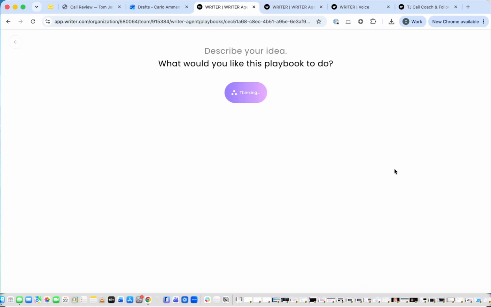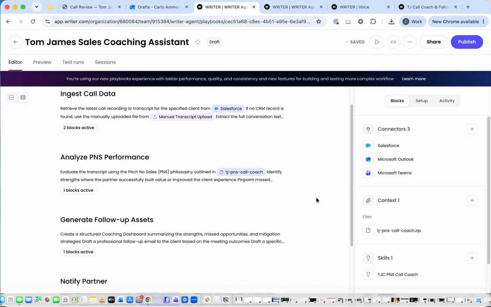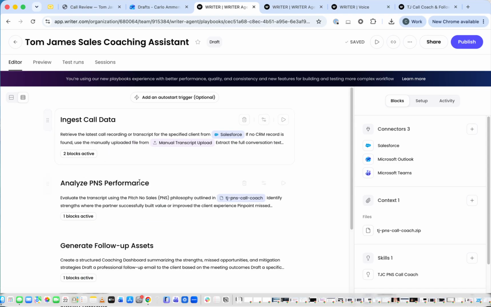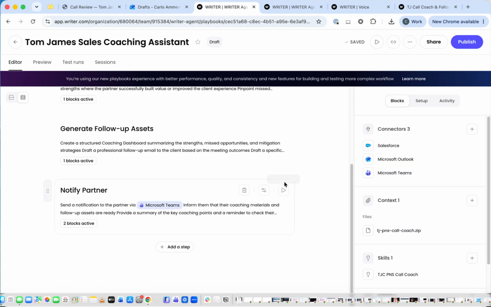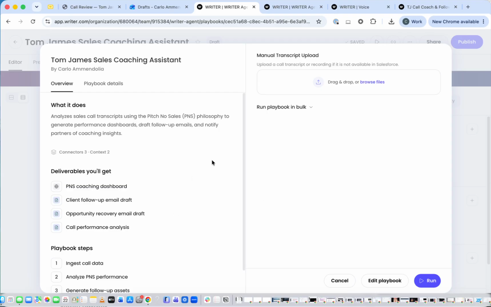So I describe the business outcome. If you can describe the outcome you're looking to create an agent around, Writer is going to handle the first draft of what the plan looks like, or the system prompt to make it all happen. So this is what Yassine showed you on some of those demos, right? And then it gives you the steps. I can go in here and edit any one of these, move them around, add things on. This is what the interface would look like to run it. I'm just dropping in a manual transcript, but it's also set up to automatically pull from Salesforce once a call is done and uploaded to that system.